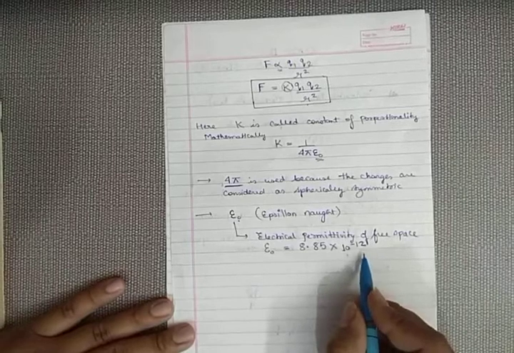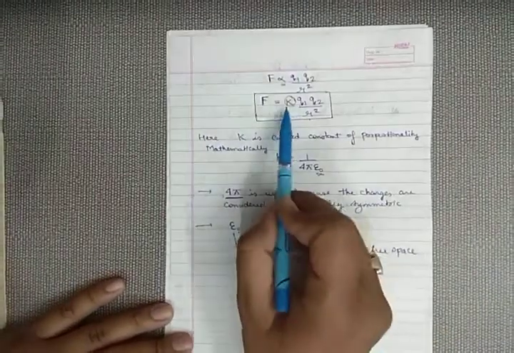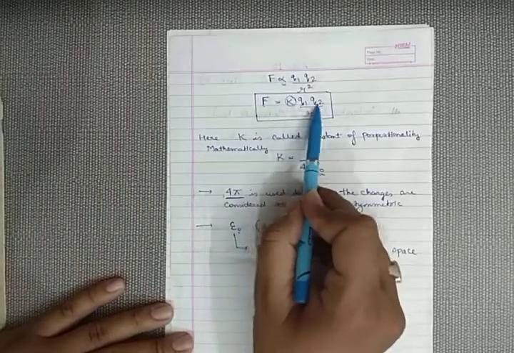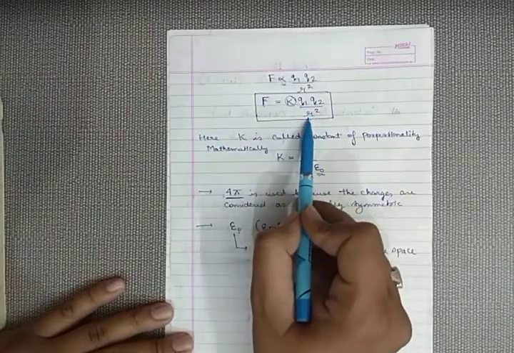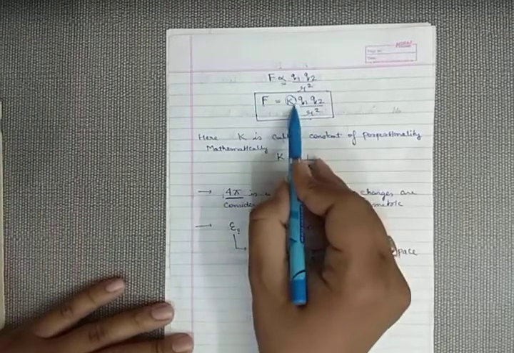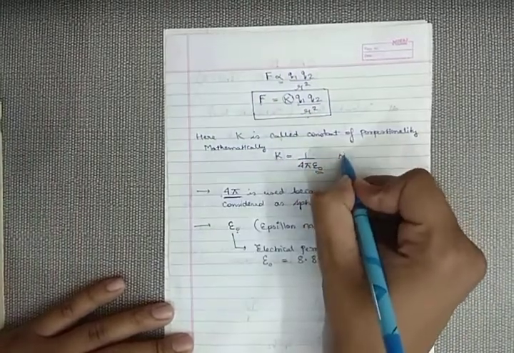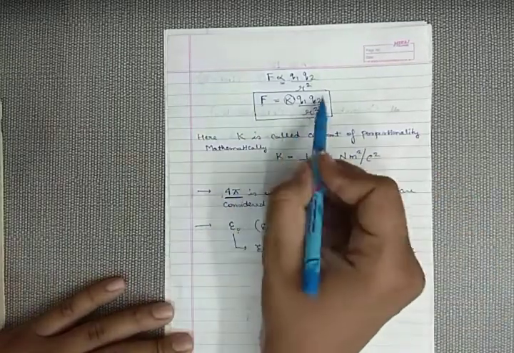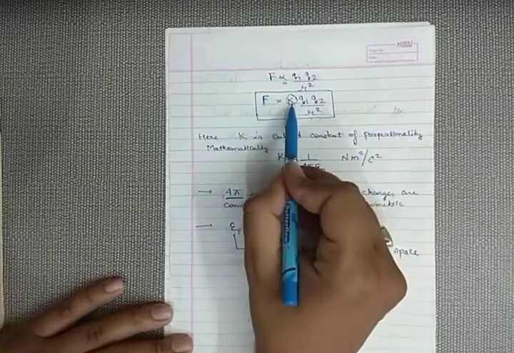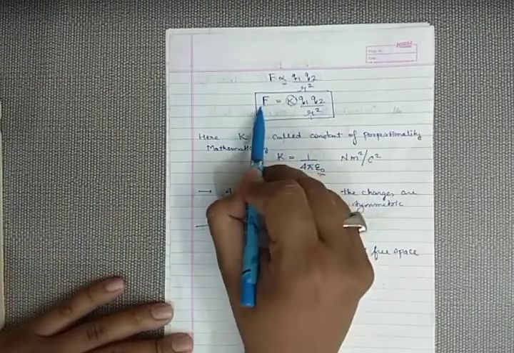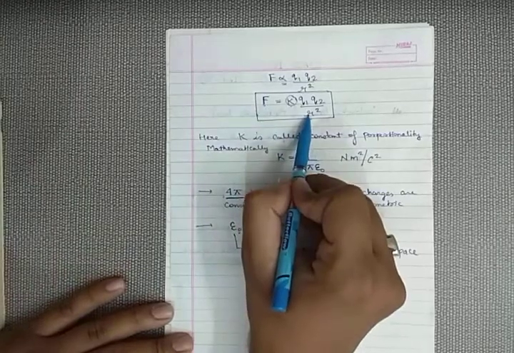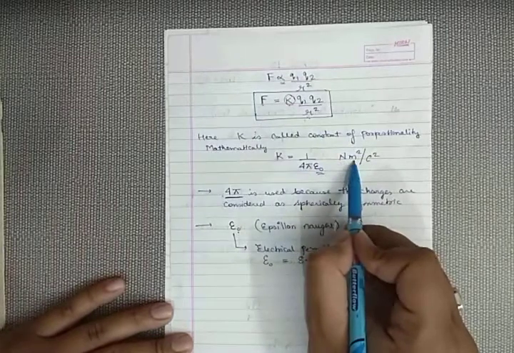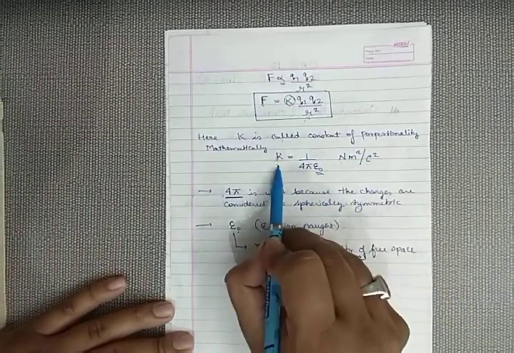The unit can be found out with the help of this K. Now see, the unit of force F is Newton, the unit of charge is Coulomb, and distance is always measured in meter. So the unit of this K will be Newton meter square upon Coulomb square. With the help of this formula, you can find the unit of K. We transfer this r here. F is Newton, r is in meter, so meter square, and Coulomb into Coulomb square. So Newton meter square upon Coulomb square is the unit of K.